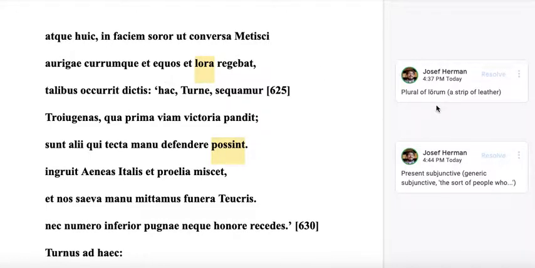This, as you can see here, is the plural of lorum. Okay, a lorum is a strip of leather, so the lora are the reins. So his sister has transformed into the appearance of Metiscus the charioteer, and she's guiding the chariot and the horses and the reins, and she objects to him, to Turnus, with such words, with these words. Okay, so that's a difficult sentence there, but if you go over it a couple of times, you'll see hopefully